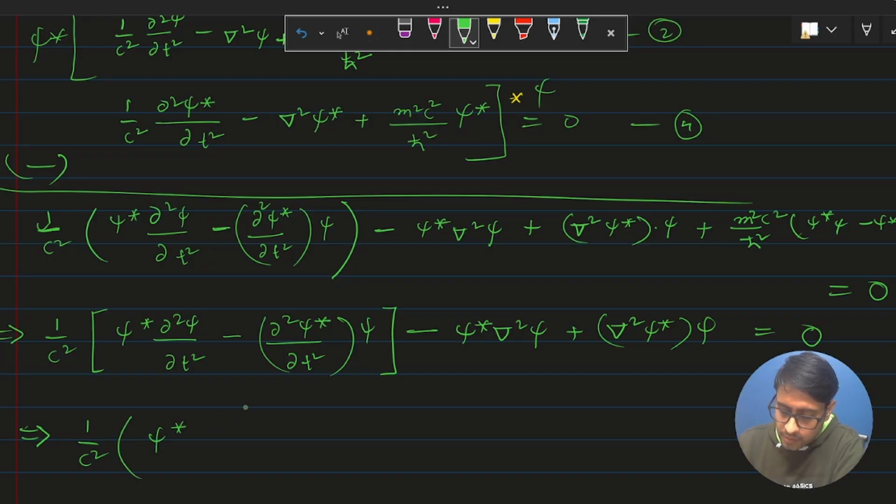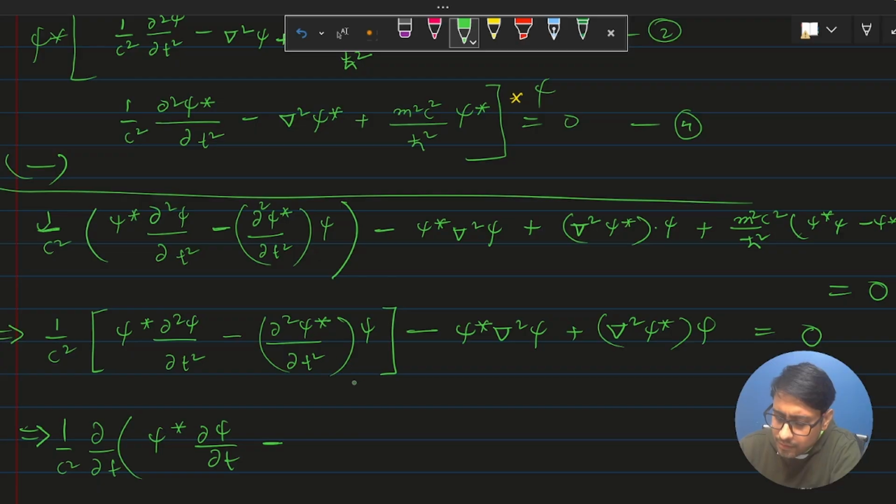We can take out one of the derivative terms on the left hand side. Okay, so let me write it like that. So 1 over c square del over del t. Then this will be the single derivative del psi over del t minus, the same for this, and we